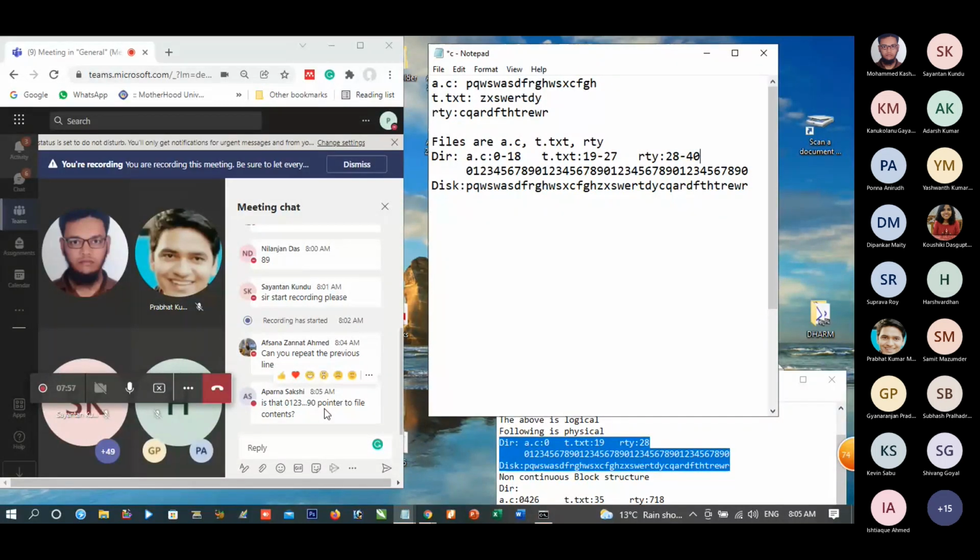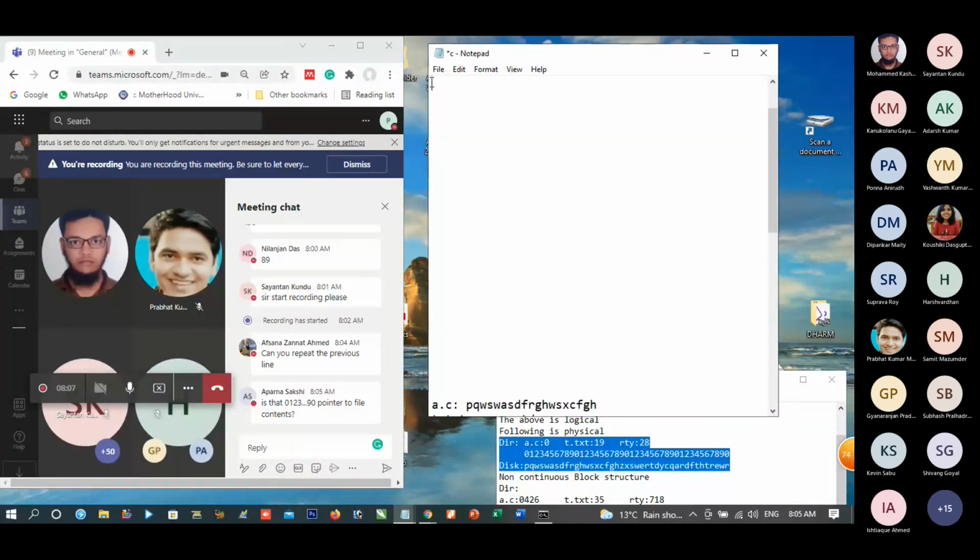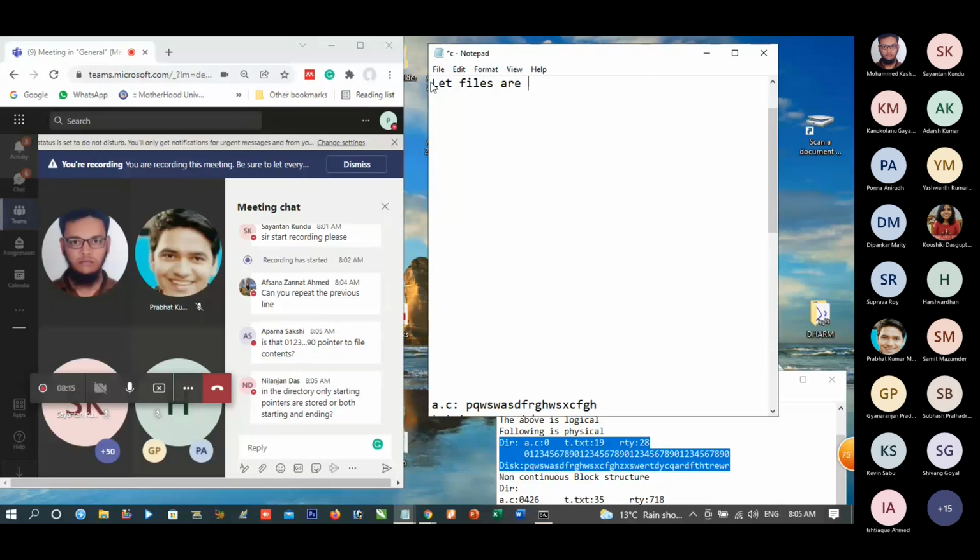Okay, I will explain this with the help of another example. Let files are r.text, m.text, h.c, u.c. Let their contents are... Yes, and I think both starting and end is required.